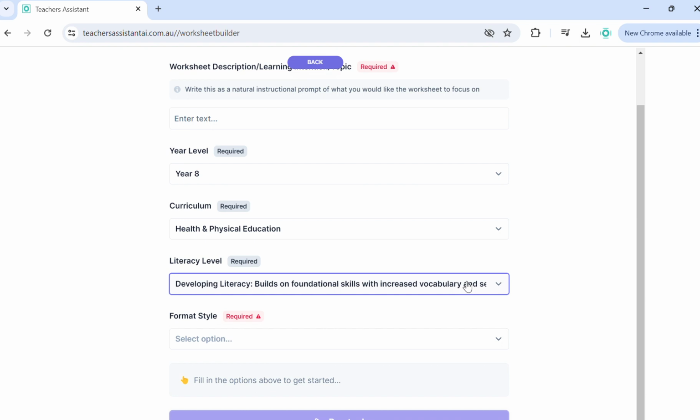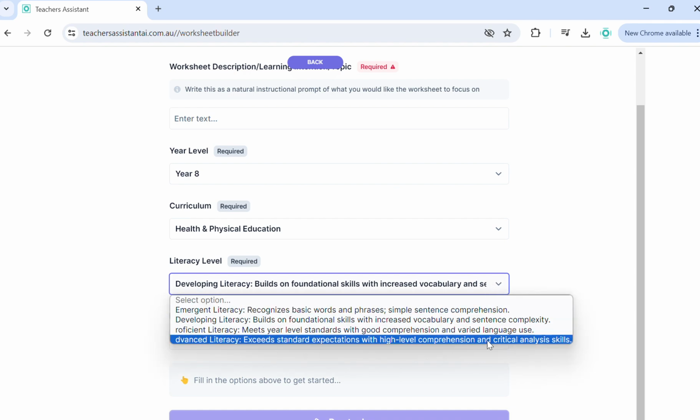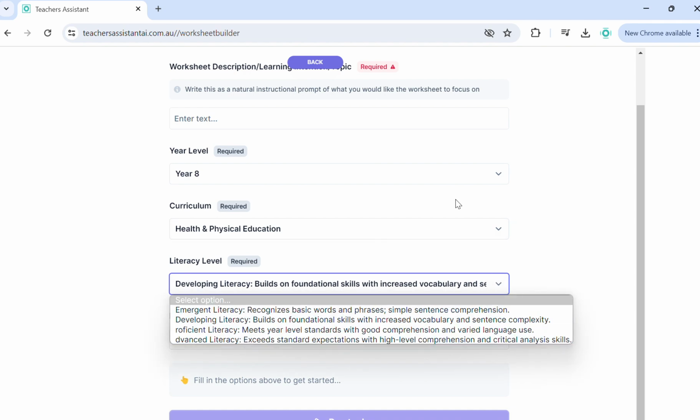We're trying to reduce the complexity of the questions and the text that AI will spit out. If you don't clearly define what the audience of the text is going to be, you'll get a large variation in how difficult that language is. Because we would like it to be accessible to students, we're going to select developing at the year 8. If you find your worksheet is too hard in its language, reduce this literacy level,